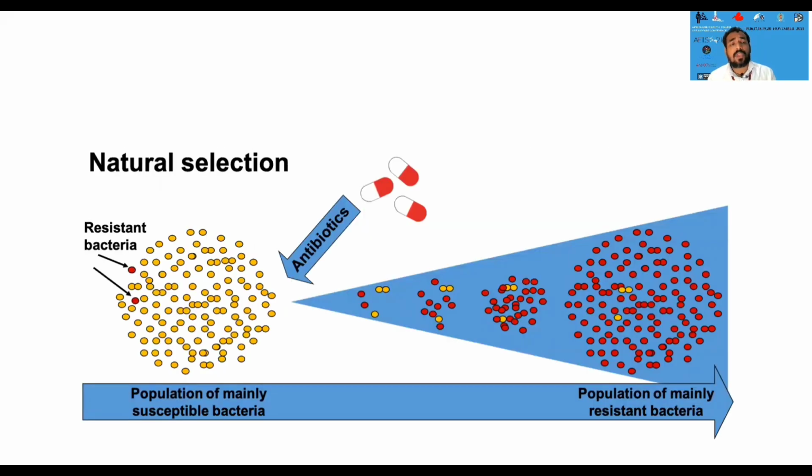So here we can see how natural selection is taking place. There are bacteria, the yellow things which you are seeing, and we can only see two dots, which are the resistant bacteria. We are administering antibiotics, and there is a selection pressure. Only the resistant bacteria can multiply, and over a period of time, you can see the whole field or whole area is full of resistant bacteria. So this natural selection will happen. Continuing to use antibiotics, this is kind of an inevitable endpoint.